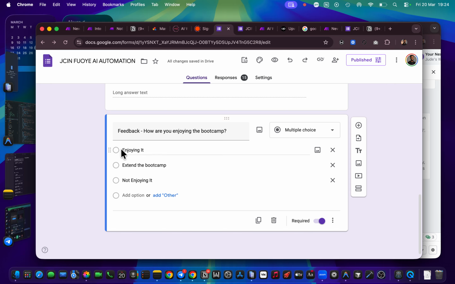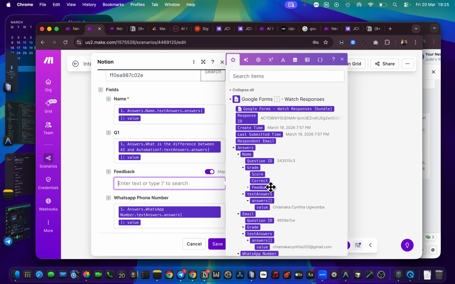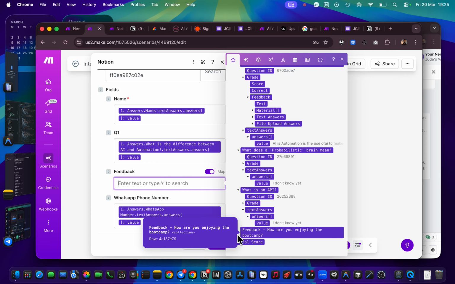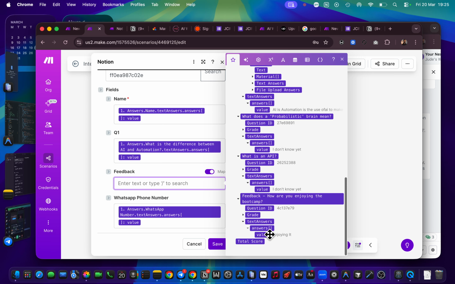We want them to click on one option and have it pass the feedback into our Notion CRM. Since we have no existing options inside our Notion CRM, you click on mapping so you can map those things from Google Forms instead. When you click this, you'll see feedbacks. So your own is just to go back there, the same thing, text answers, the value.